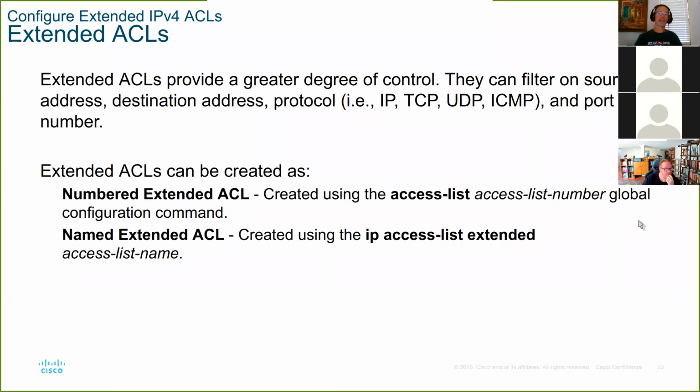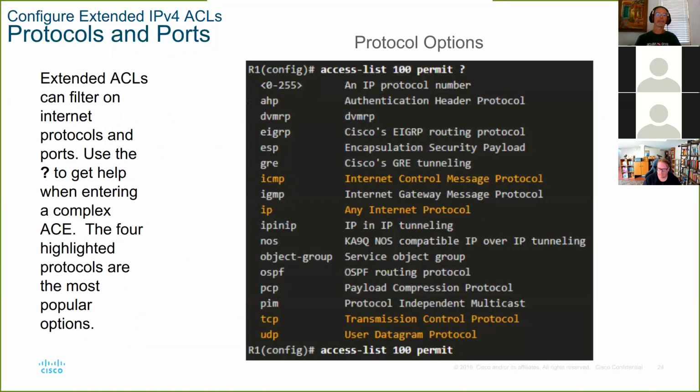Configuring extended ACLs. Let's look at the syntax for them. Numbered, obviously, those are 100 to 199. And then with named, we have to start with ip access-list extended and then give it a name. The differences here: there's no IP for numbered, there is IP for named. We don't specify extended because the number does that for us, versus here we have to specify extended because the name doesn't imply anything. What does foo mean? Standard or extended? There's no way to tell.